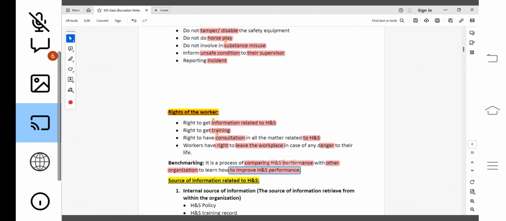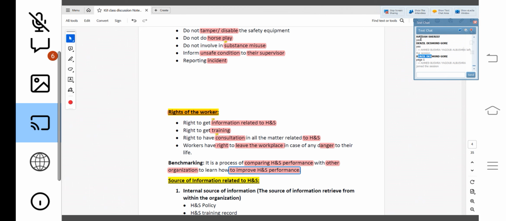of your organization. Like suppose there is a Denzil and then there is a Hazel. Now Denzil wants to check how he is studying, whether he is studying in a correct way so that he will pass the NEBOSH. So for that, Denzil may compare his preparedness with Hazel, so that he can learn what Hazel is doing well. So some good practices he can learn from Hazel. And Hazel can compare his standard of preparation for the NEBOSH with Denzil, so that you both can learn from each other. So in the industry also,